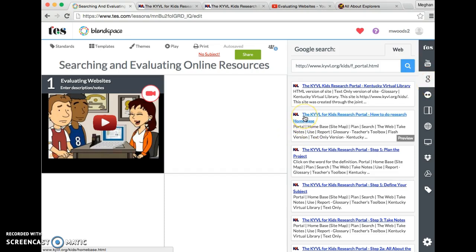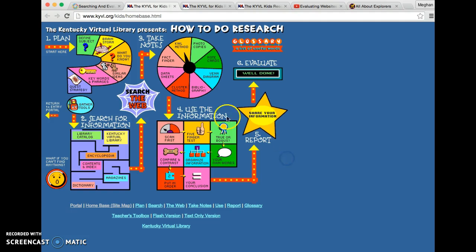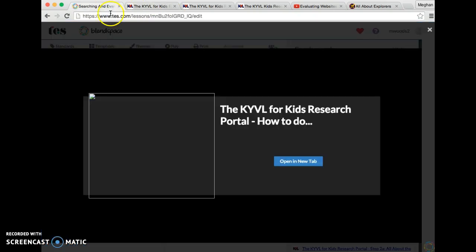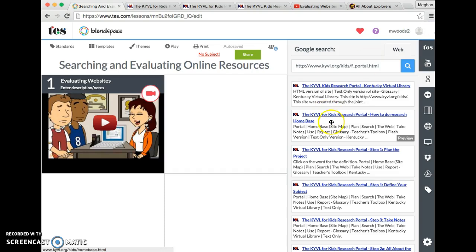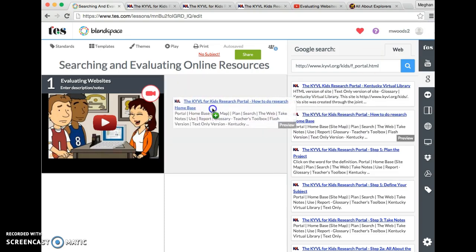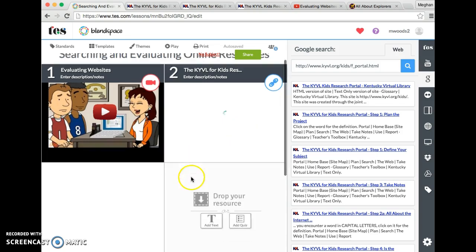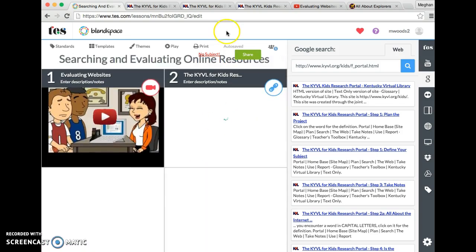So I see that it says the KYVL for Kids Research Portal on how to research Homebase. So this is something that I think I would want, so I'm going to preview it and I am going to decide whether or not I want it. So this looks good, so I'm going to go back to the site and I am going to click and drag it into my second grid. I'll click out of these, and